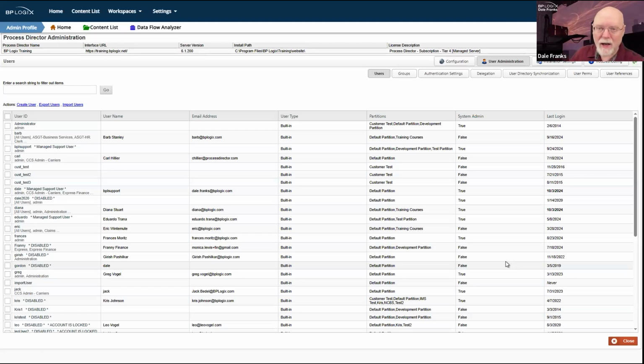So you do a sort of quasi synchronization, which means that you could change their group memberships in the Excel file, or you could set them as an admin, or you can change their email addresses, whatever you need to do, enable them, disable them, and then just re-import them back into the system.